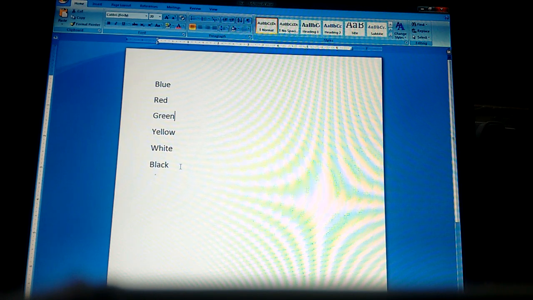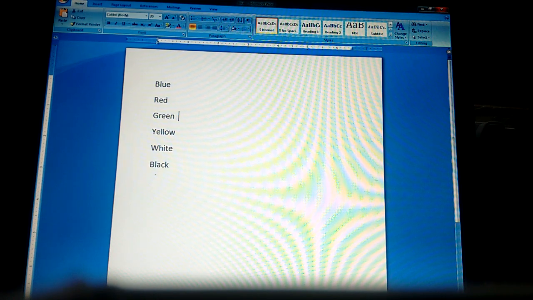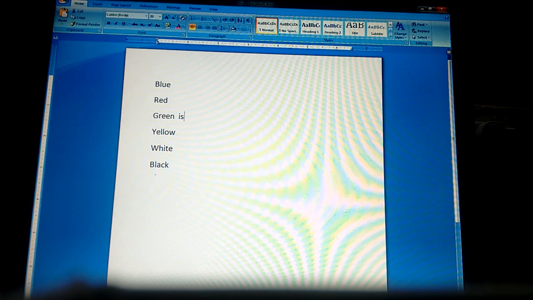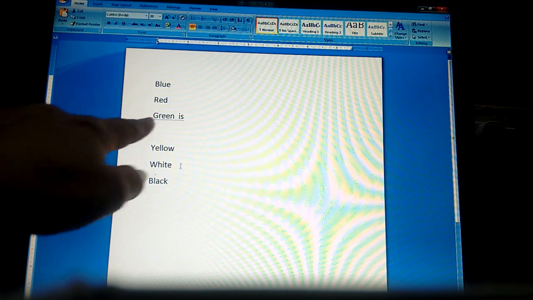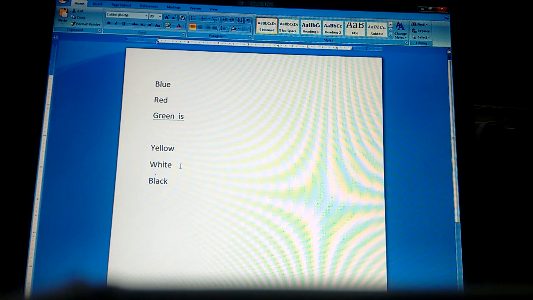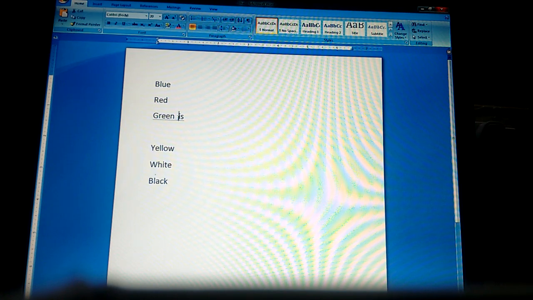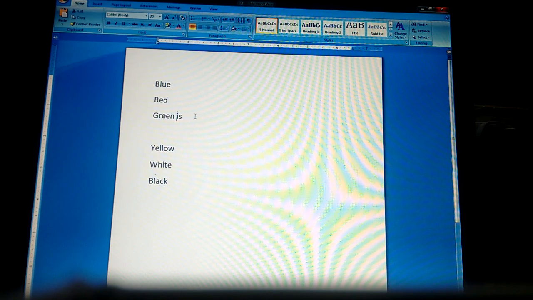Suppose I write here "green is", and if I press the enter key, you can see here green waves. Yes, it means there is a grammatical mistake. I have given 2 spaces. If I remove this space from here, you can see this line is also removed.